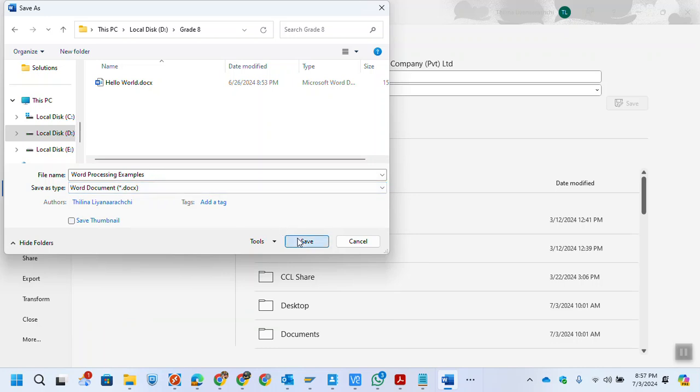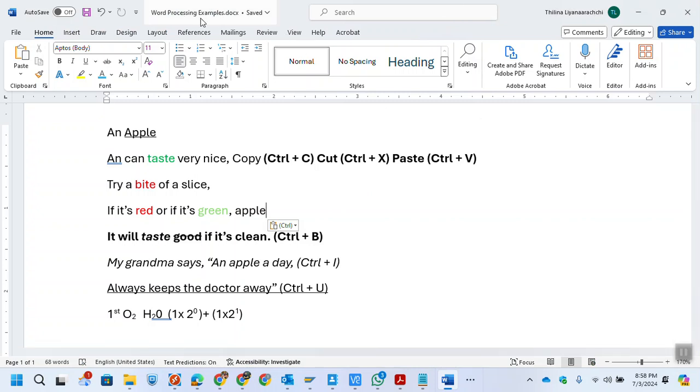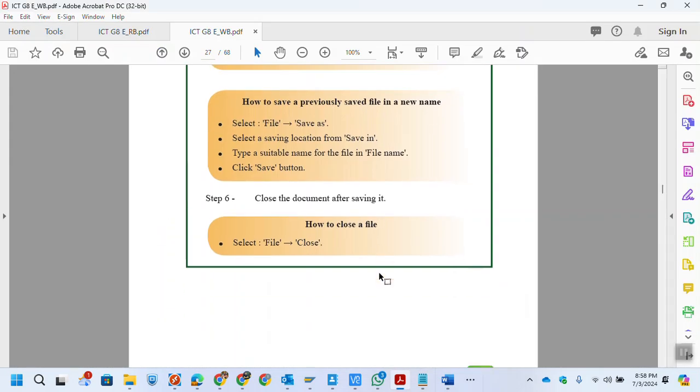So we just save. It will save. Now we can see in Word that it's saved. It says it is saved. Now what do they say,